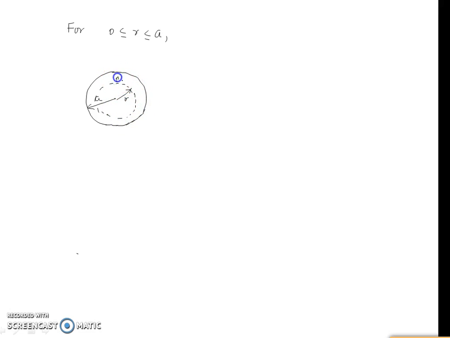So here at all points on the surface, the flux lines are normal to the surface, and also at all points on the surface, because at any point which is at a distance r from the center, the magnitude of the flux density is same because of spherical symmetry. So now we'll obtain the electric flux emerging from this surface of radius r.